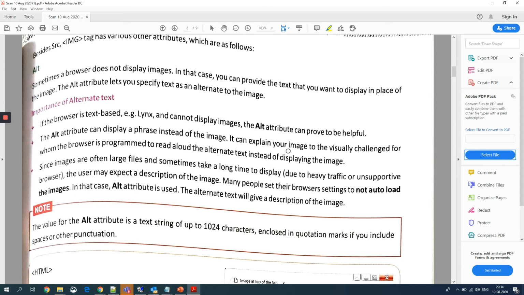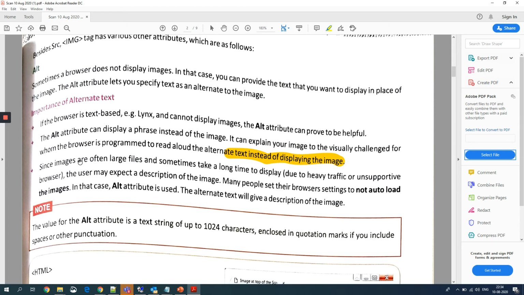It can explain your image to the visually challenged, for whom the browser is programmed to read aloud the alternate text instead of displaying the image. So instead of displaying the image, this alt attribute plays an important role.